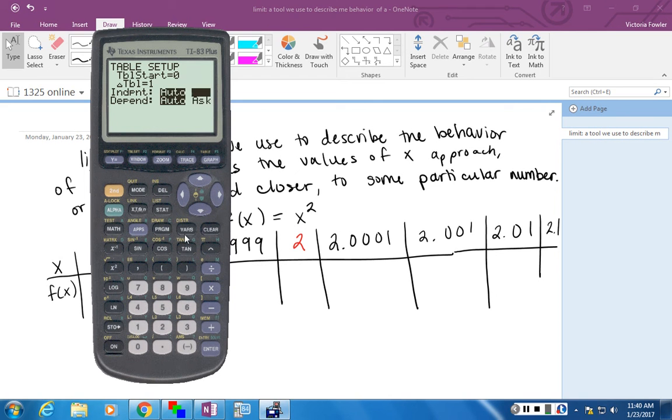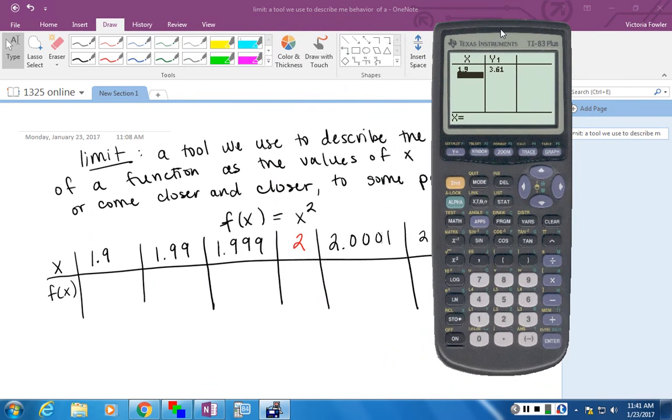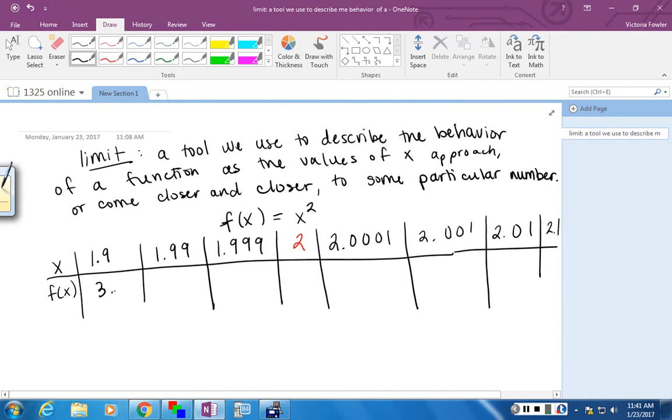So I'm going to tell it to ask me for my independent variable, and then I'm going to go to my table, and let's say I plug in 1.9. I could of course also go back on my screen and put 1.9 squared. I see that I get the y value as 3.61,